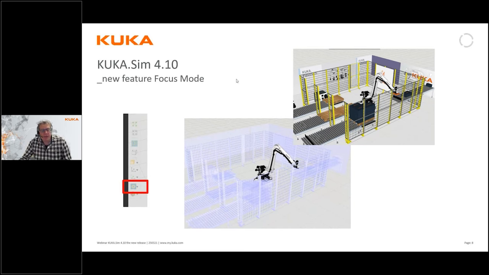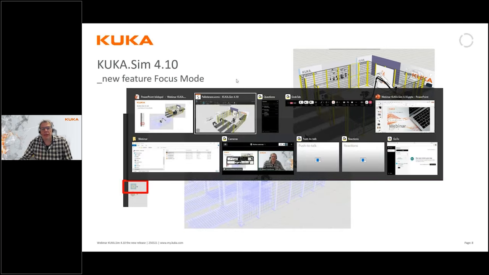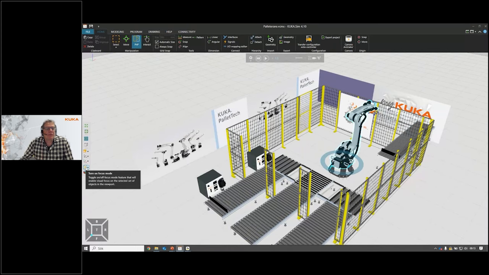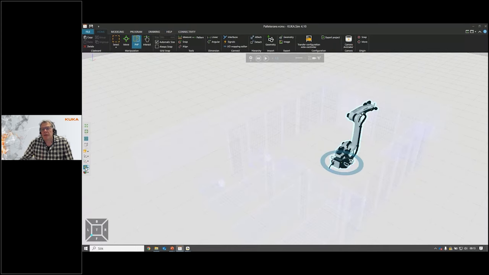And let's have a look at how this looks in the real world. So let's go back to Sim, which we have here. And in the toolbar on the left-hand side, we now have a new button. So if I select the robot in the application here, for example, I can now choose to turn on focus mode. And we will see that it shadows out everything else than what I have focused on. And if I press the drop-down list, I can set the opacity of the surrounding equipment like this